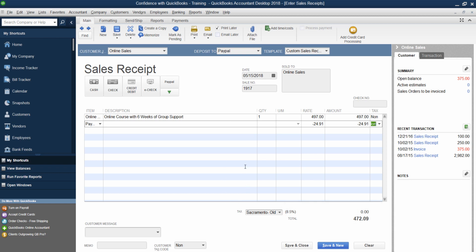Okay. If you had 5 or 6 items that one customer purchased for a sale, you can do that. If you want to be able to summarize because you have a whole lot going on within your PayPal and you want to do a daily transaction, that's fine. You just want to make sure that however you're doing it, you're able to track accurate records. Okay. And then you're going to click Save and Close.